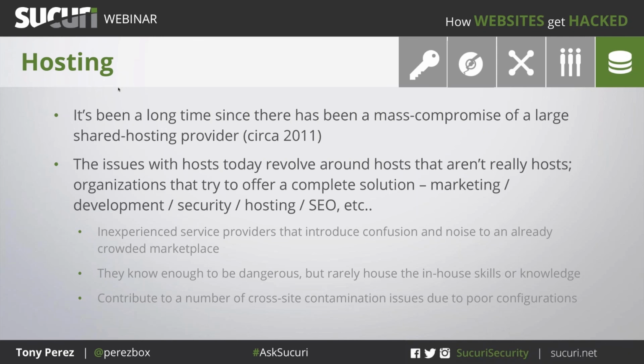Each of these things, just like you go to a marketing person, a development shop, or an SEO shop, hosting and security are things that need to be taken into serious consideration if you're going to go live and depend on your website. And it's actually one of the leading causes of cross contamination, right? These insecure hosts don't know how to configure these environments, so one neighboring site that doesn't even fall within your account has the potential to affect all your websites just because of improper deployment, improper configuration.